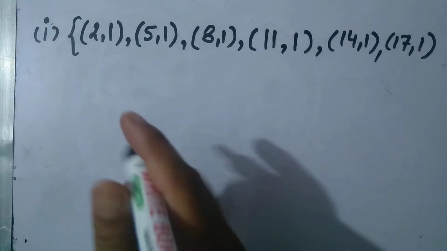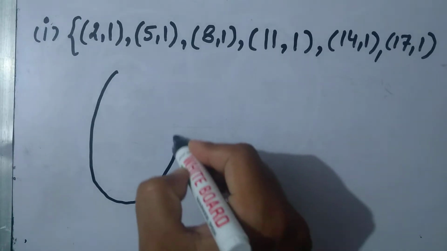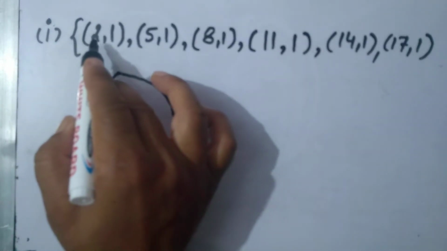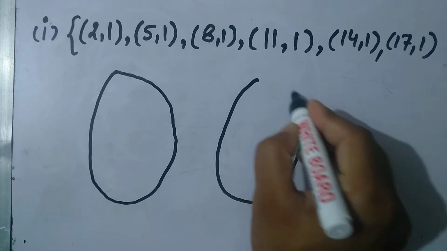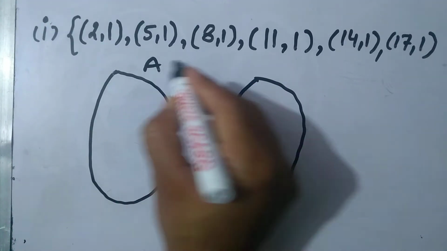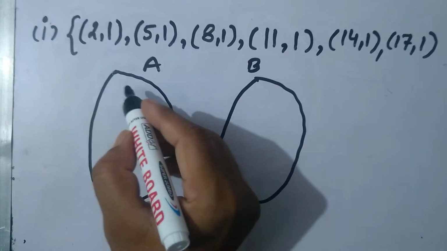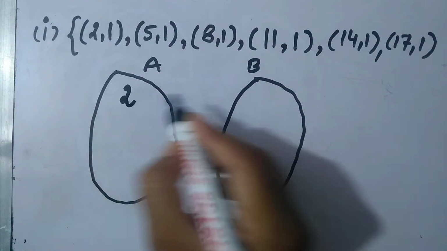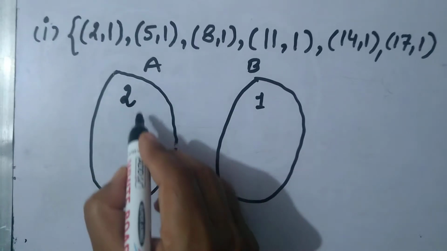So this is the first part. First of all, what is the set A? Set A contains the elements, set A, set B. Pairing is 2 is paired with 1, 5 is paired with